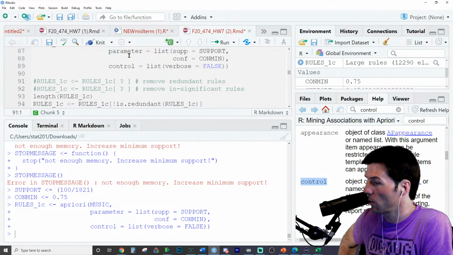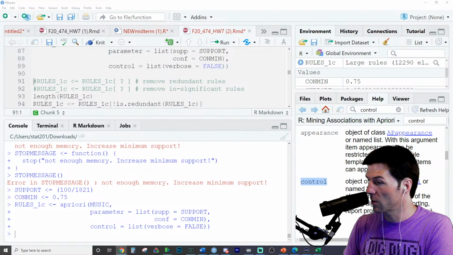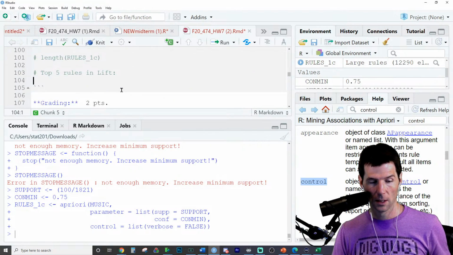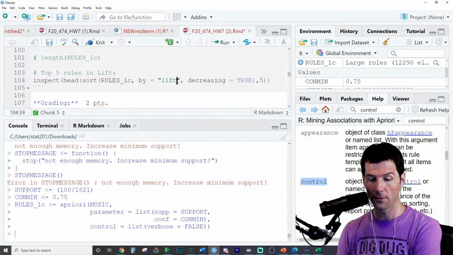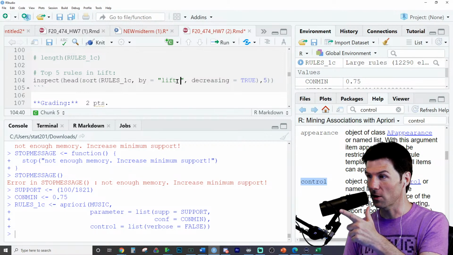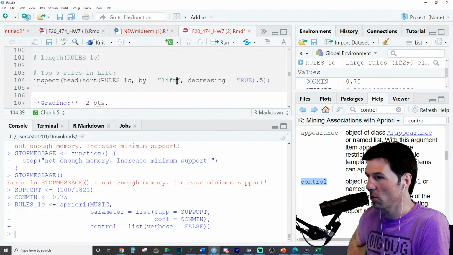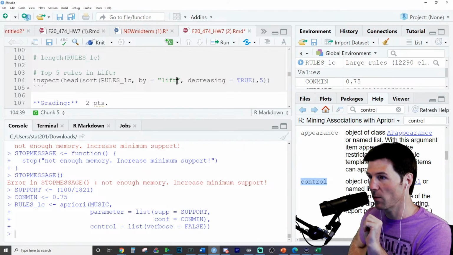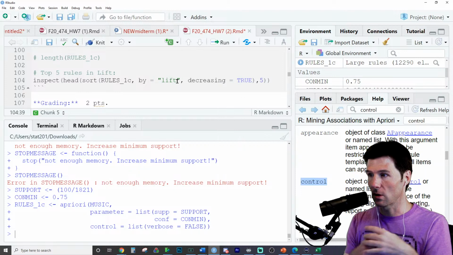Right here, Trace is asking, is this how you would set up the last part? I think so. Here, we'll throw that on here real quick. Trace has some code here. He's inspecting the rules he's creating. Top 5 rules in lift. So Trace is sorting the rules by lift, with decreasing equals true, so we can get the highest ones first. Remember, we said in class today, you do everything inside of the inspect. Once you get to inspect, you can't start sorting the things, because what comes out of inspect is just a print to the screen.